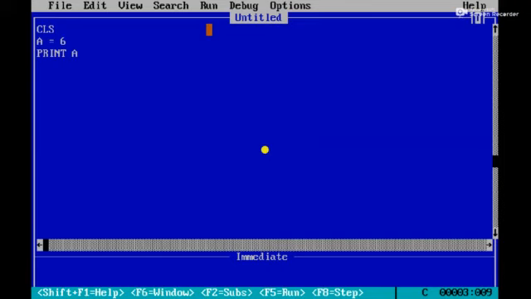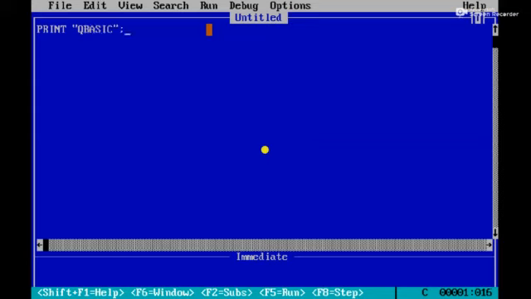Okay. Apart from this, we can use comma and semicolon in the print statement. So what is the use of this? I will show you. See here. Here print QBasic. Then here I am going to use a semicolon.